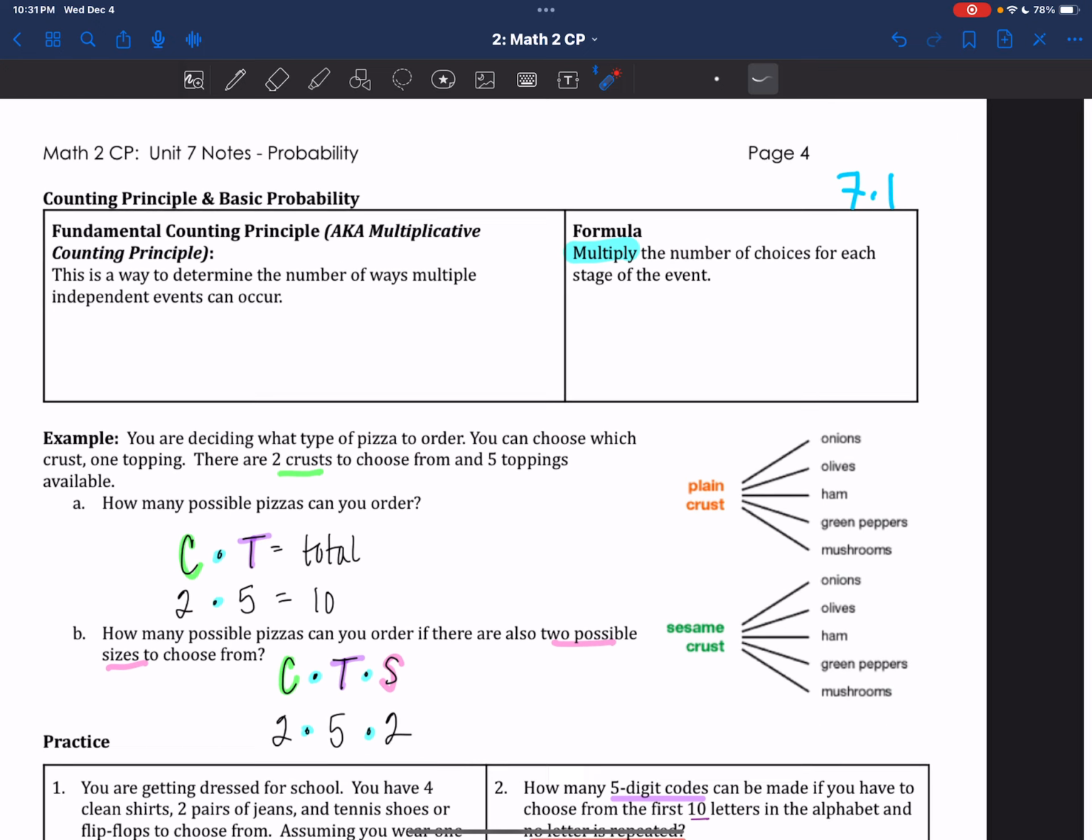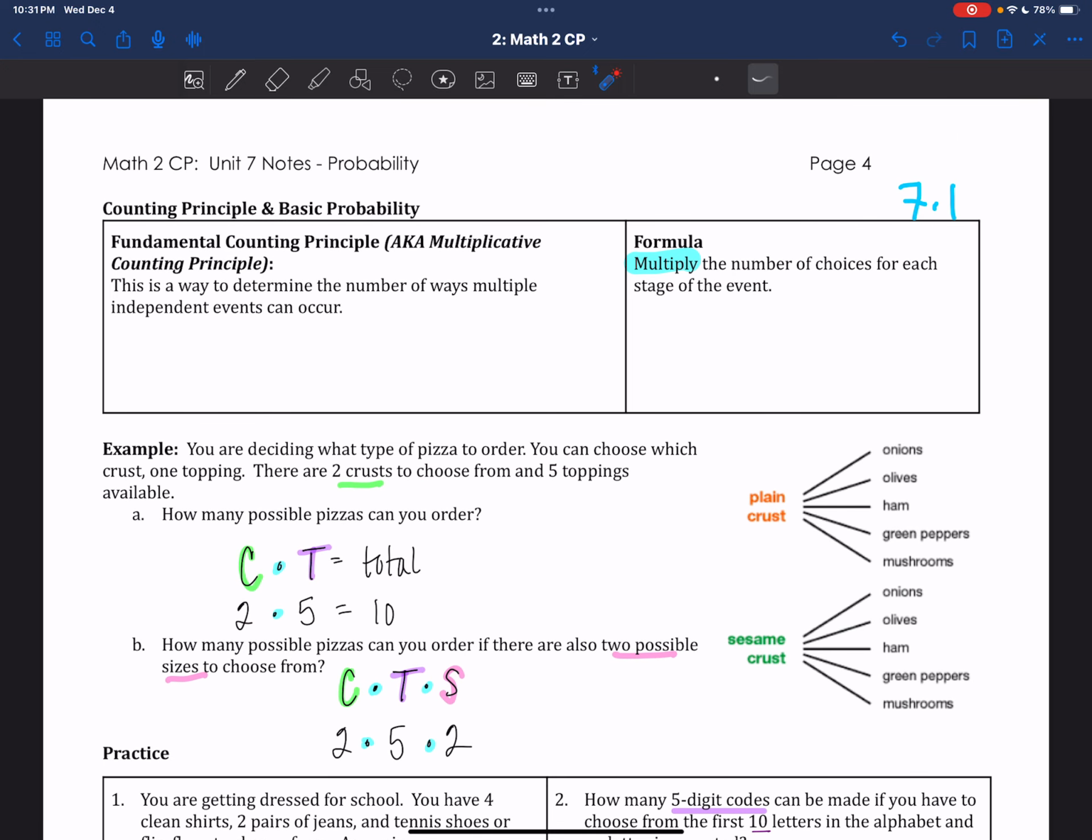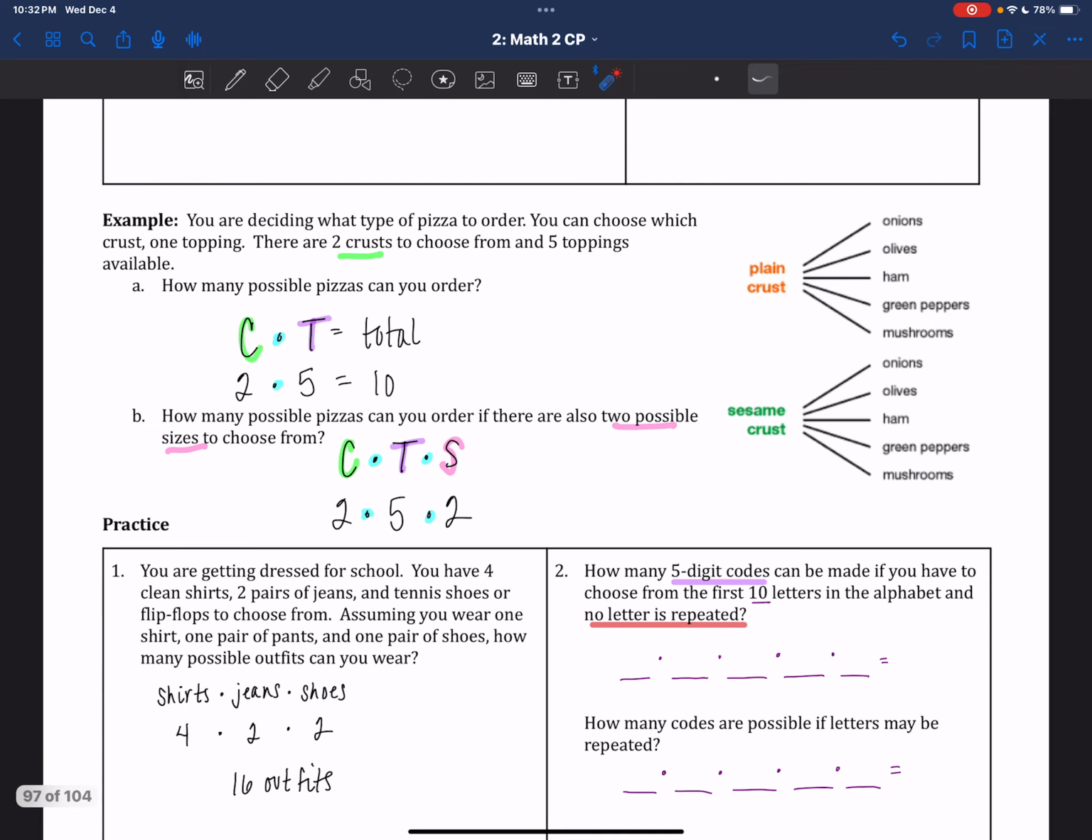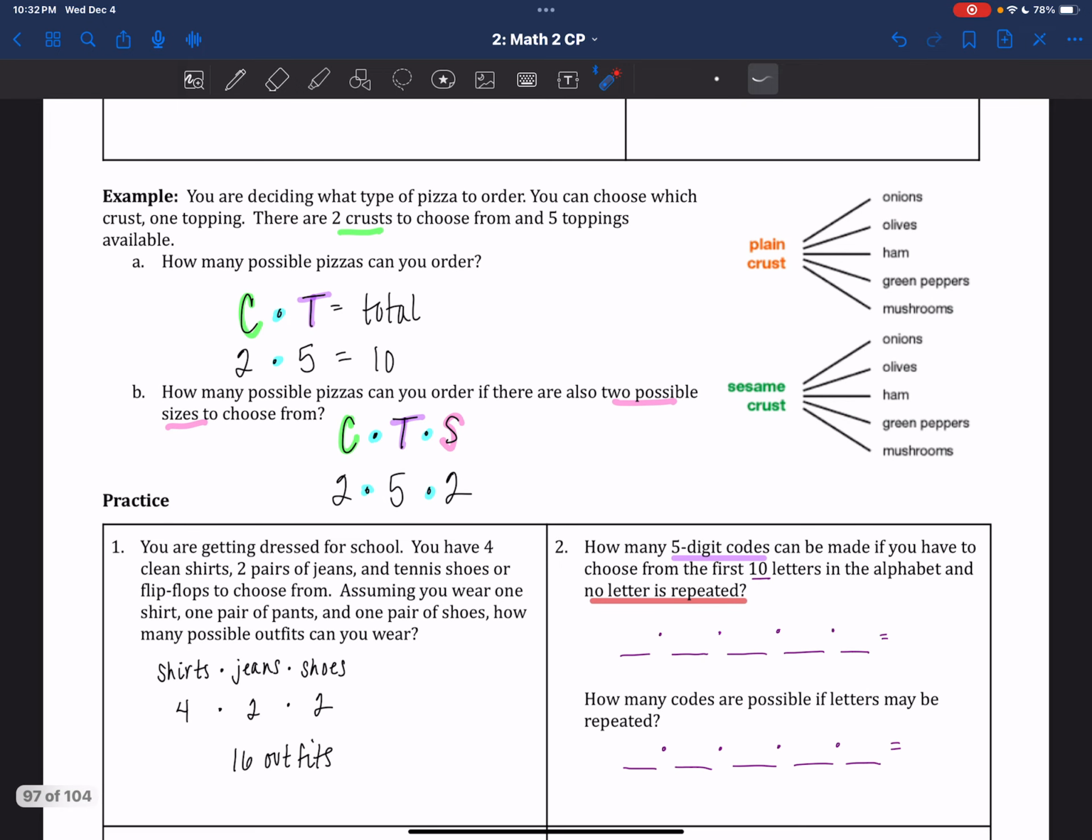All right, so now we have the counting principle and basic property. So basically, different ways multiple independent events can occur. So what you're going to do is multiply for each stage of the event. So in this case, you want 2 crusts to choose from and 5 toppings available. So we have crust times toppings will give you your total. So in this case, you have